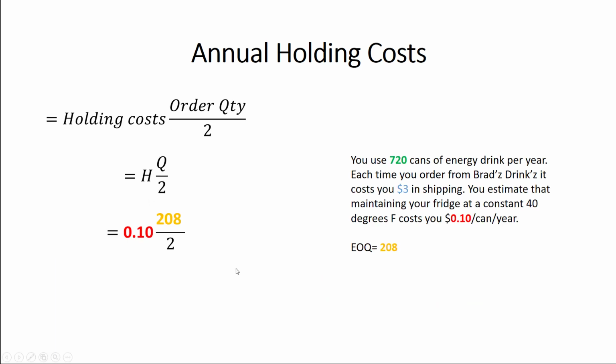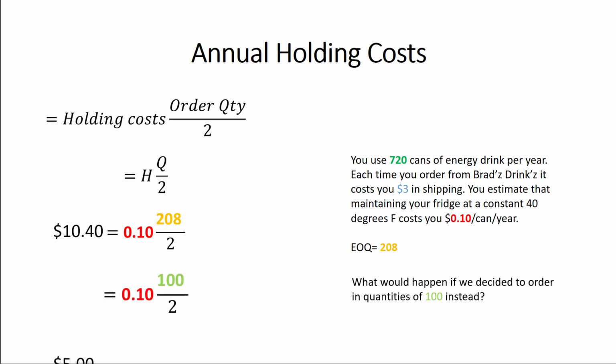So we, again, fill this in. We're going to use 208 as our Q again, and we get $10.40. Again, what if we decided to order in quantities of 100? $5. So if we ordered in smaller quantities than our EOQ, we would have a lower holding cost and a higher order cost. This would make sense: in this case, we're refrigerating drinks for a shorter amount of time,